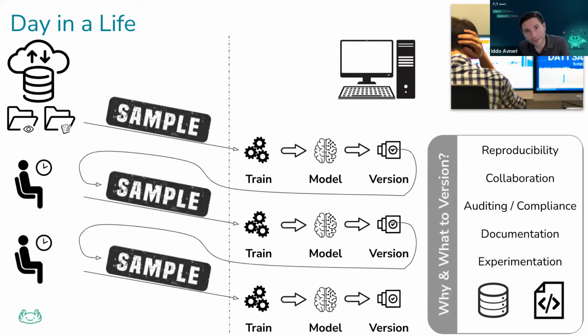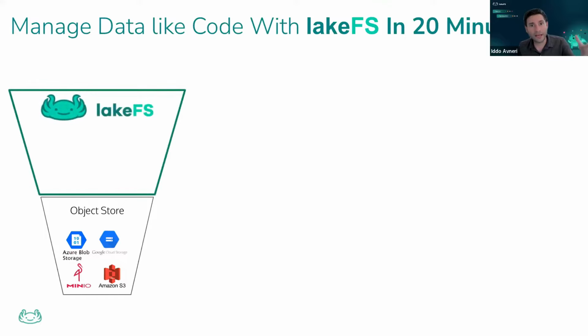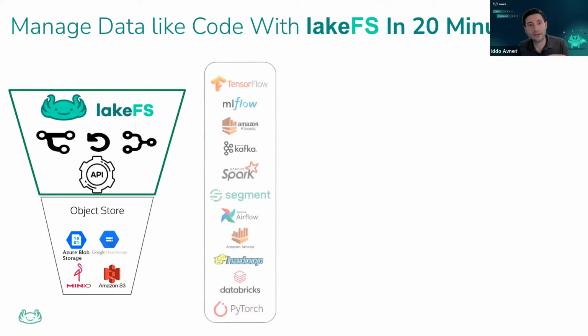And the first thing that we're going to show you today is how to do this in a better way with lakeFS. lakeFS is a data version control at scale that sits on top of an object store like S3, Azure, Google Storage, MinIO, and provides Git capabilities on top of that object store. So imagine that you can take a bucket or a collection of buckets and you can branch, merge, rollback, and you can access different versions through your different tools like through MLflow or through your notebook,